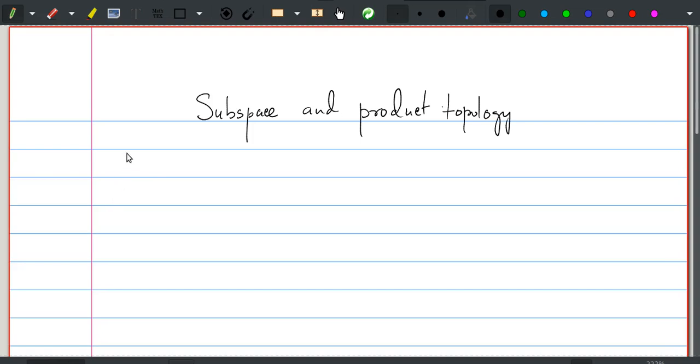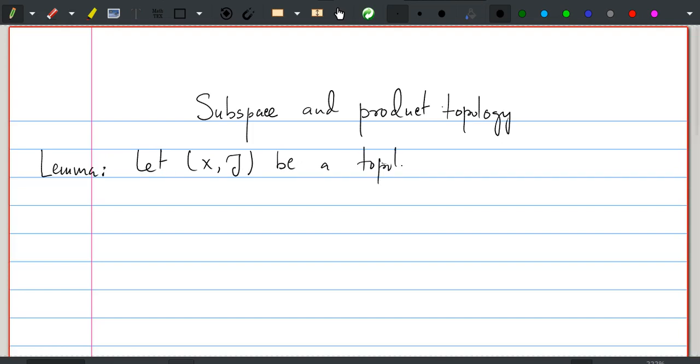In this lecture, we are going to introduce the subspace and product topology, and we'll start with the subspace topology. Well, let us first state a lemma. So we have this lemma which states that suppose (X, T) is a topological space, and if Y is a subset of X,